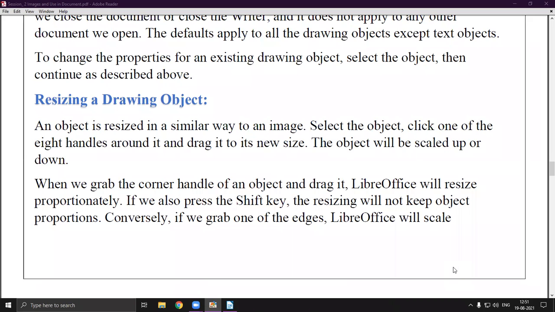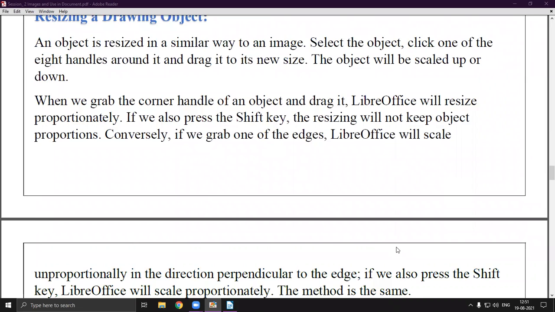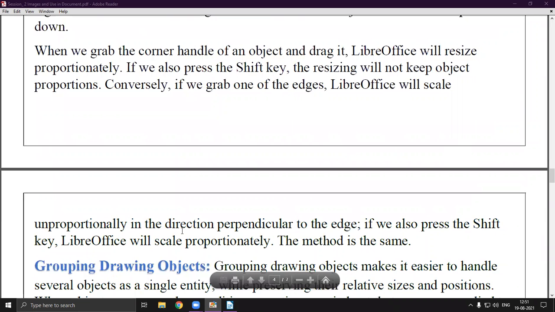Conversely, if we grab one of the edges, LibreOffice will scale unproportionally in the direction perpendicular to the edge. You do not need to remember such complex steps. You just go to that square, drag it, hover it with the mouse and place it. You do not need to go into so much detail. These details are not in our syllabus. If we also press the shift key, LibreOffice will scale proportionally, so the method is the same.